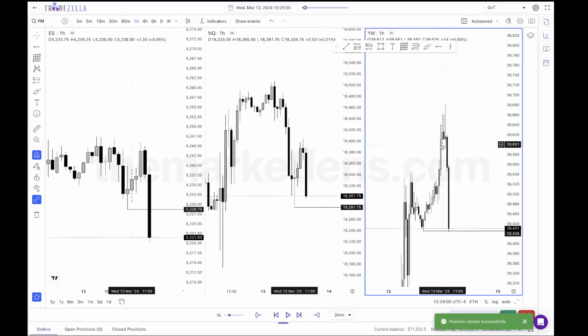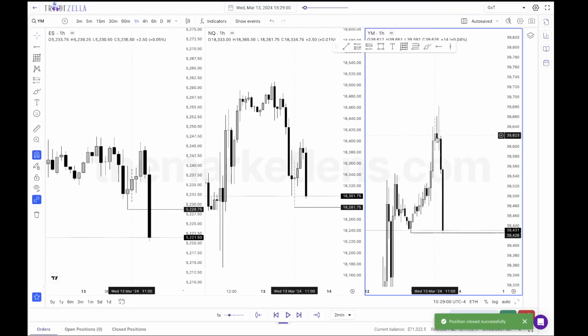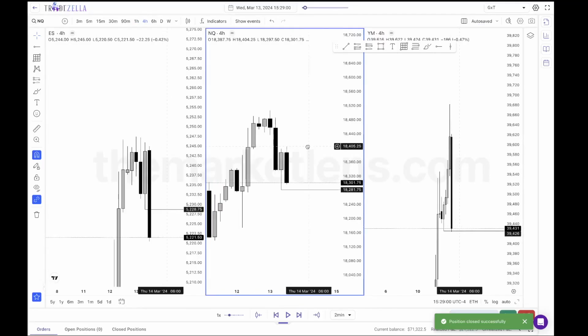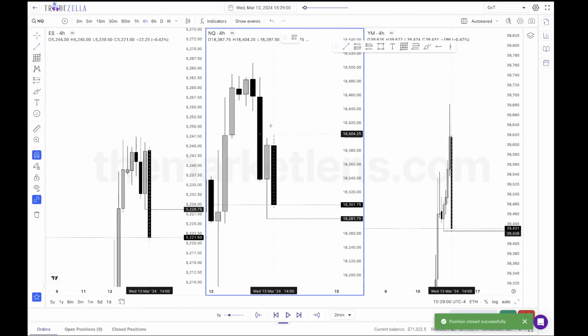there's only two things that can happen. Either a manipulation is going to sort out that resync or create the resync, or just a strength switch to catch up, right? That's literally it. So that's what we were just waiting for, right? And you see the SMT with the previous 4-hour candle as well.